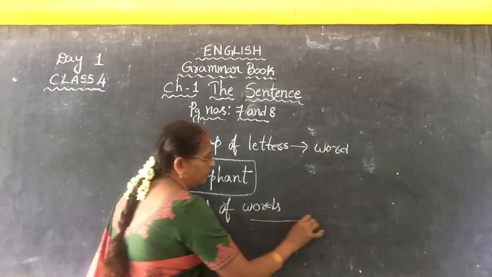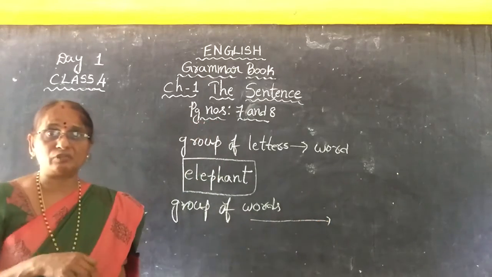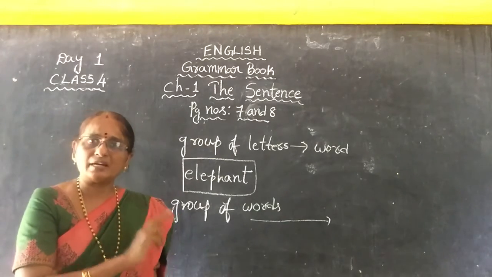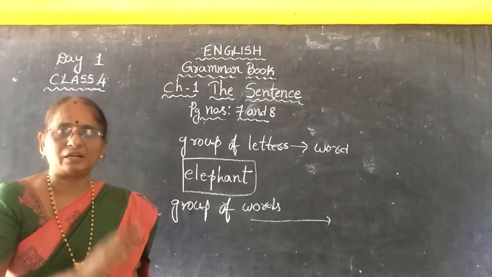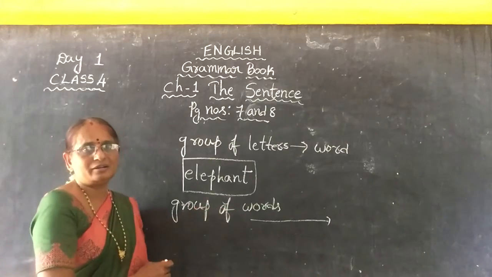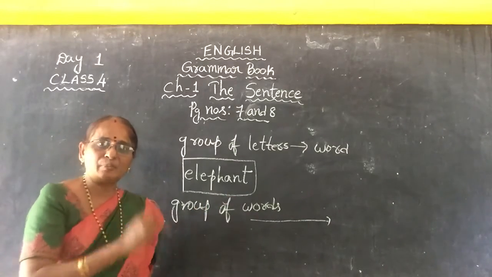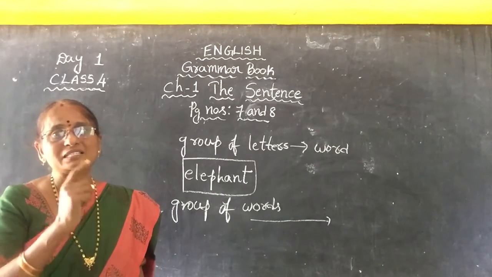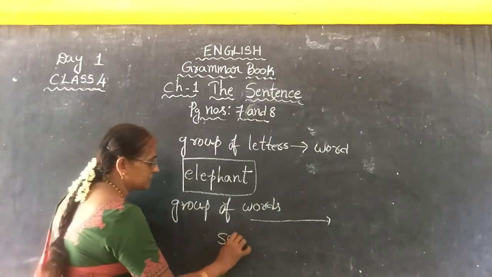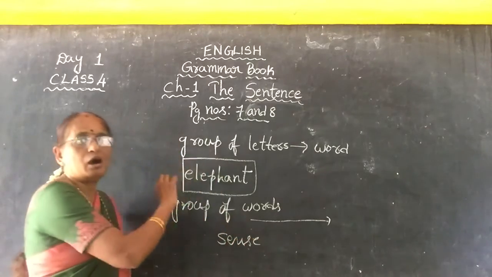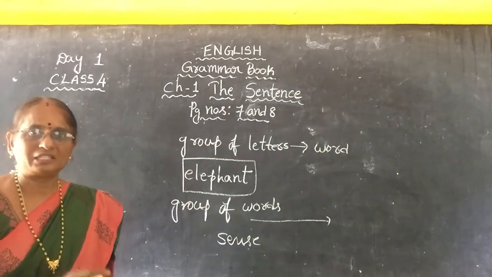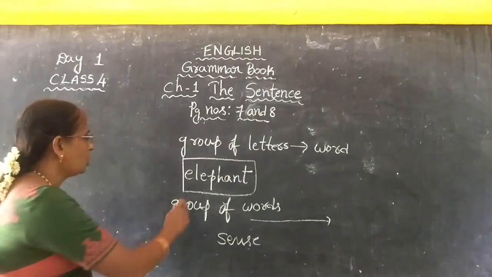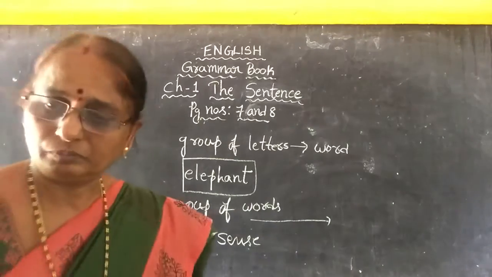In a proper order, not as my will and wish, as your will and wish, as our will and wish. We must arrange this group of words, or set of words, in a proper order, and that is called a sentence. That type of sentence will give us full meaning and complete sense, children. Complete sense, full meaning of all those group of words. That is called a sentence. And there are some rules how to write a sentence.